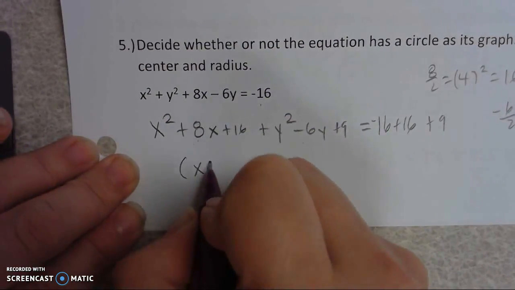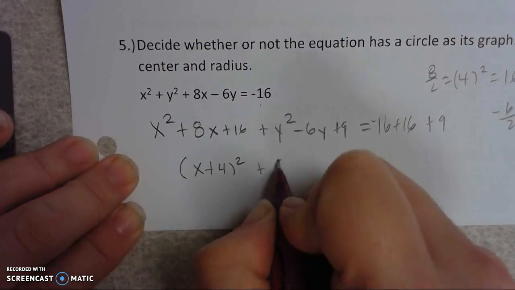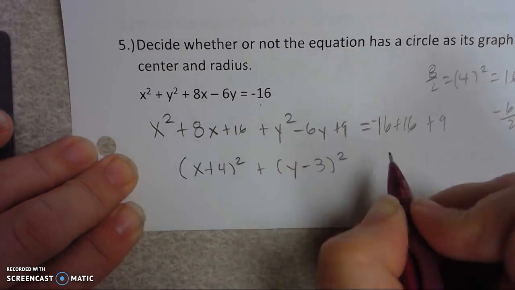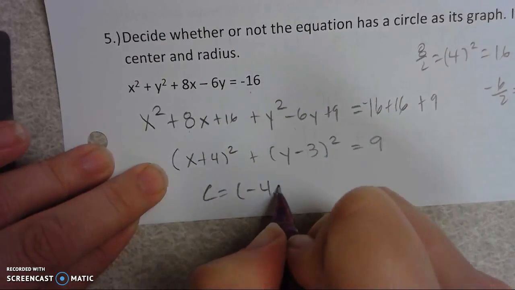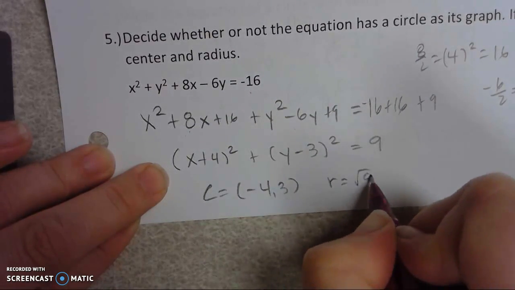This now factors into (x + 4)² + (y - 3)² = 9, giving me a center at (-4, 3), radius equals